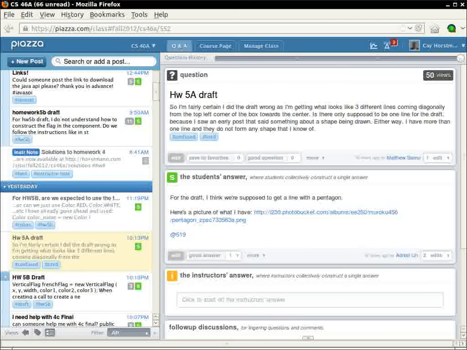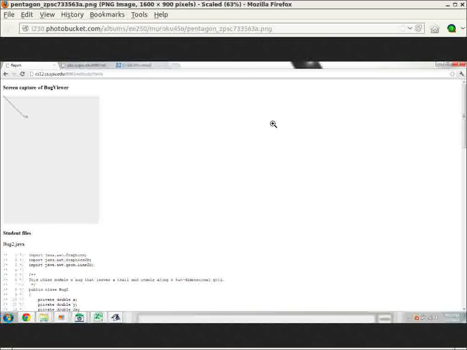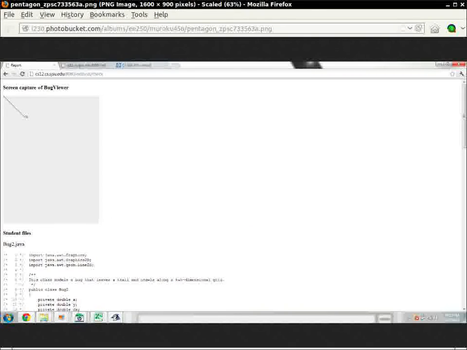I think his issue is that there's 3 lines coming from the origin. Basically, the error of his code is that his initial point, his previous point, is not being stored. Oh, that may be. Oh, I see. So what this fellow may have done is that it looked like this. That would be wrong. So that means that this student would have only drawn the line between the origin and the current location, and not between the previous location and the current location.